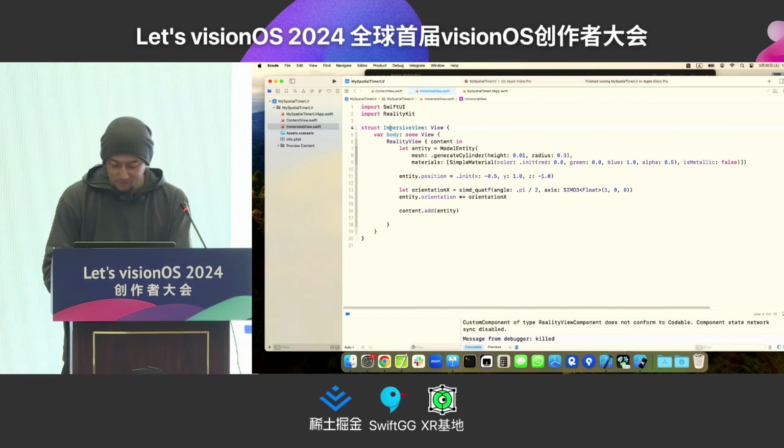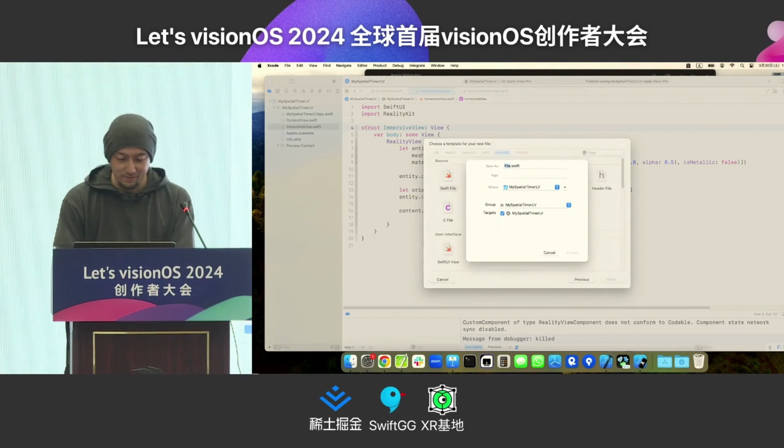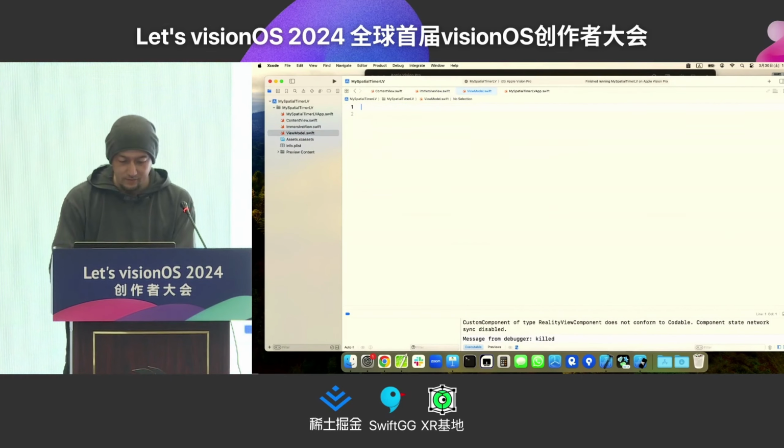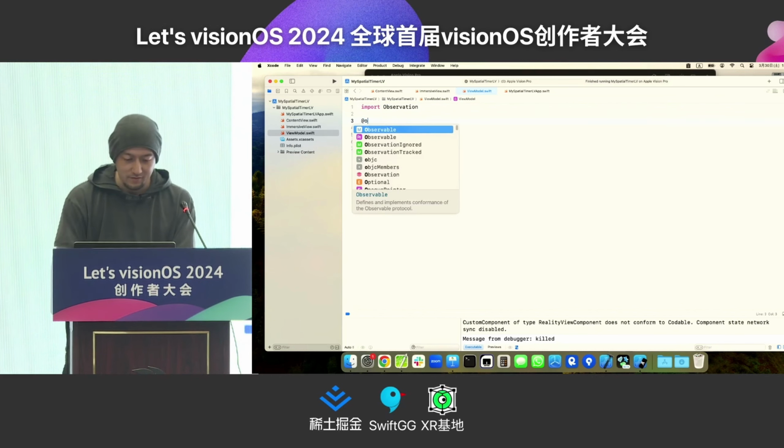And then I'm going to add the view model. Make the view model. It is observable.